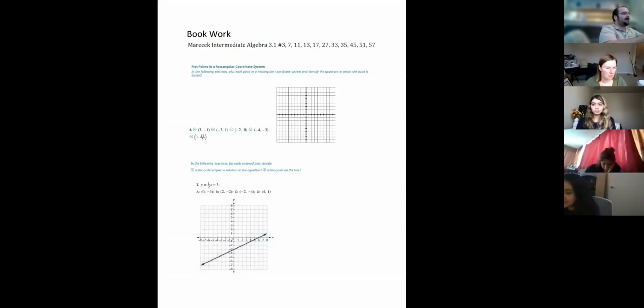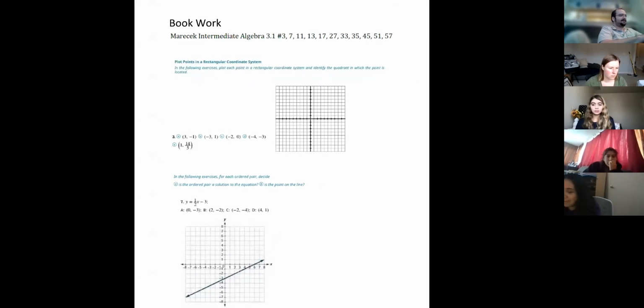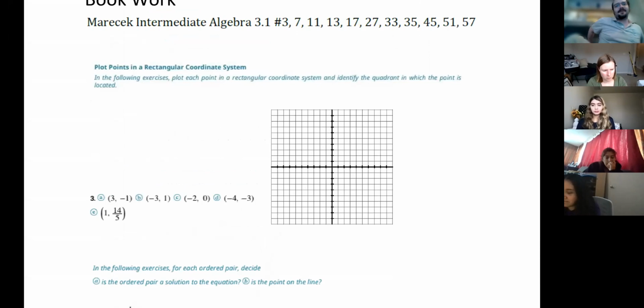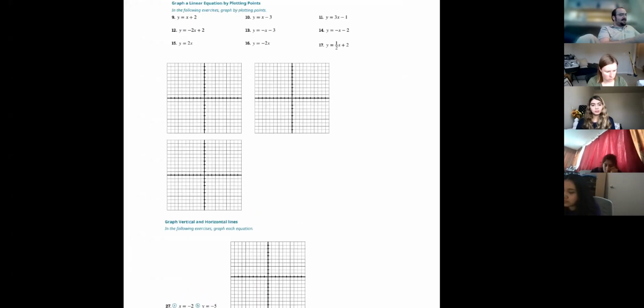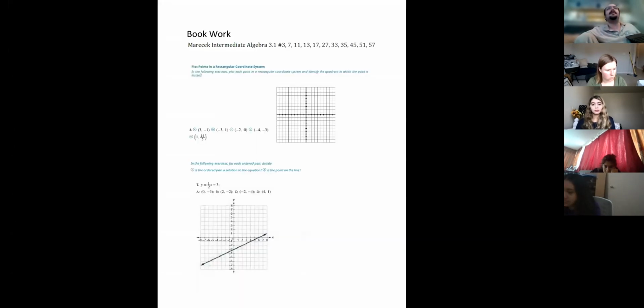Okay, so this should be what we're working on. I feel like these are just reviewing if you understand the structure of the Cartesian coordinates. That's reviewing if you know what a solution is, whether you can determine whether a point's on a line. And I believe they just say graph these things, graph by plotting points. So I feel like the first 5 of them, and let me pull up maybe